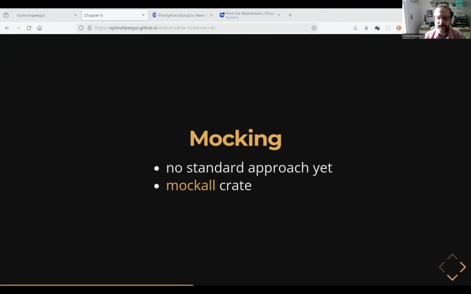And I say it's an odd little sidebar because it takes up almost a whole page, and yet the conclusion is that we haven't really figured out the best way to do this in Rust yet. As a community, we're still working on this. We don't have a standard approach. There's crates to help you out. Maybe mockall's the most popular one, but on the one hand, he claims that mocking is essential or something like that. On the other hand, we haven't quite standardized it yet. So